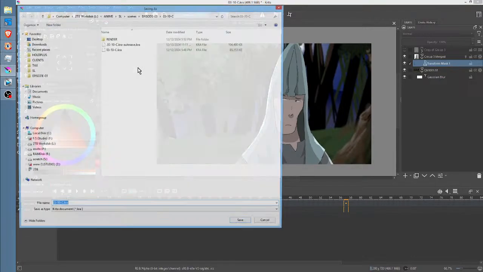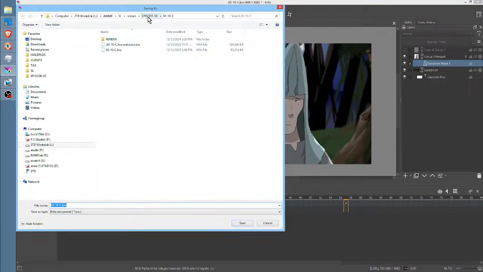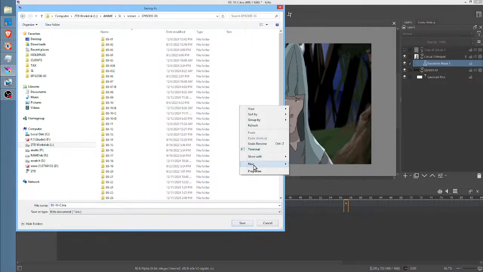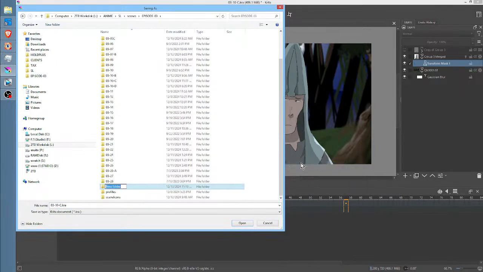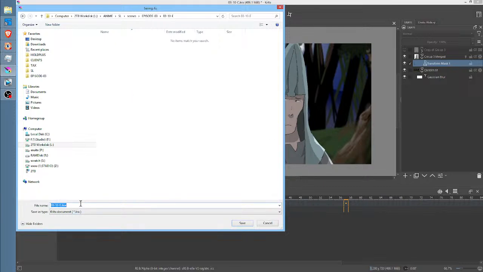So I'm going to save this as new folder 03-10-E. And I actually prefer all caps for no particular reason. Okay. Then this is going to be the same modification.